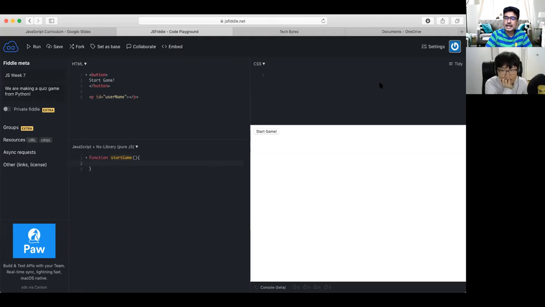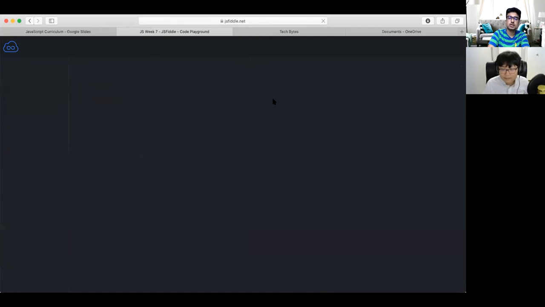All right, so now we've got to actually get the user's name. So let's make a variable to hold that value. Let's say var userName. We'll set that equal to, remember, in order to get the user's name we're going to be using a prompt today instead of a text field. So let's simply type out prompt, parentheses, quotation marks, and we'll just say, hey, what's your name? And if I run this,